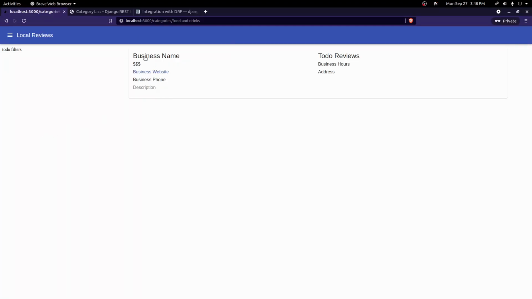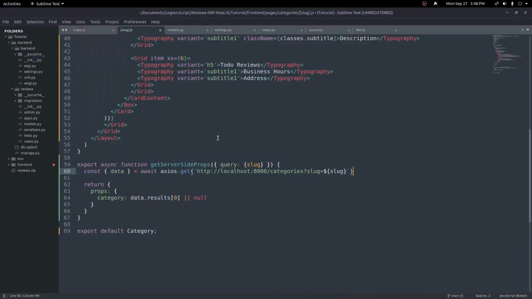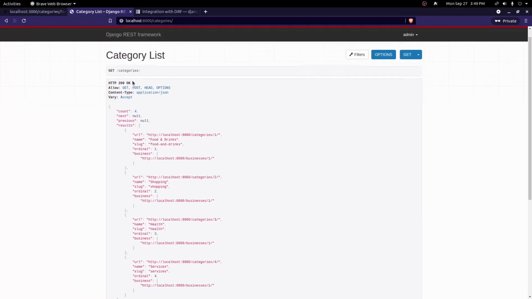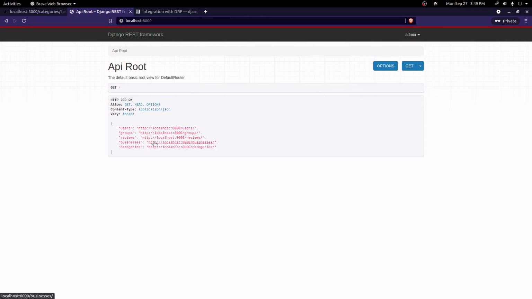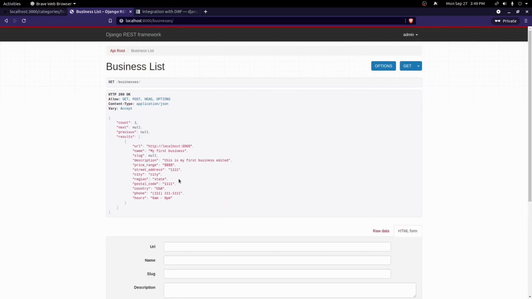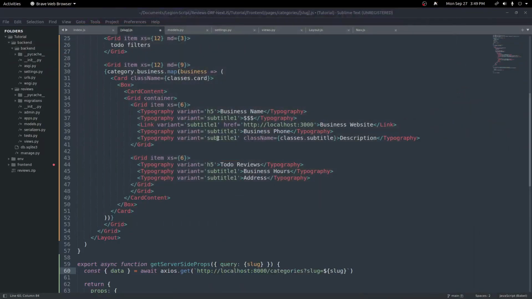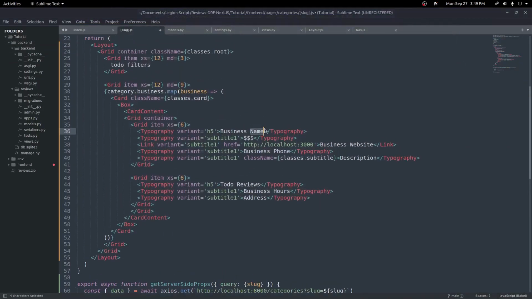And now let's go ahead and actually fill this data in with the values from the business from our API instead of these placeholder values. And this will be pretty simple. We can go grab each field off our business. So if we went into our business API, with the API localhost /business, we can see all our fields right here. And these are the fields we're going to use off the business to show on that card. So what we'll do here is first we'll start with the business name, and that field is just called name. So I can access this by going to our variable name right here, business.name. So we'll go business.name,